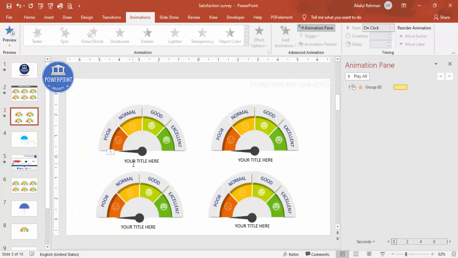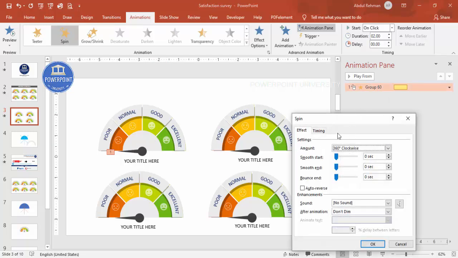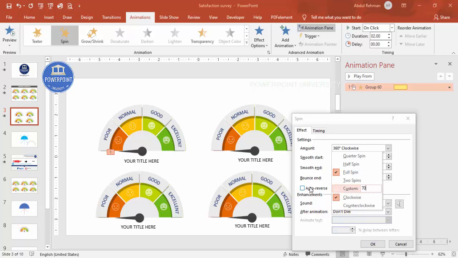Now for example, say that this particular option you want to put it for the good here. All right, so if you can see here, it could be like 30 degrees, 60 degrees, 90 degrees, 120 degrees, like that. Okay, so now what I'm going to do is I'm going to make it maybe 80 or 70 degrees. So double click this one, go to the amount, click on this one here. Instead of 360 degrees, I'm going to make it, for example, 70 degrees, and you need to press the enter key. Otherwise, if you just type it and then click outside, it's still 360. Okay, so you need to press the enter key.